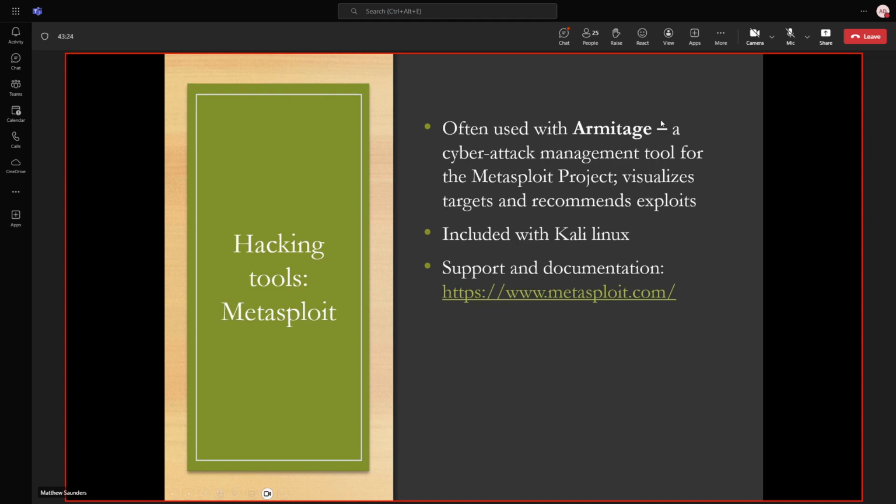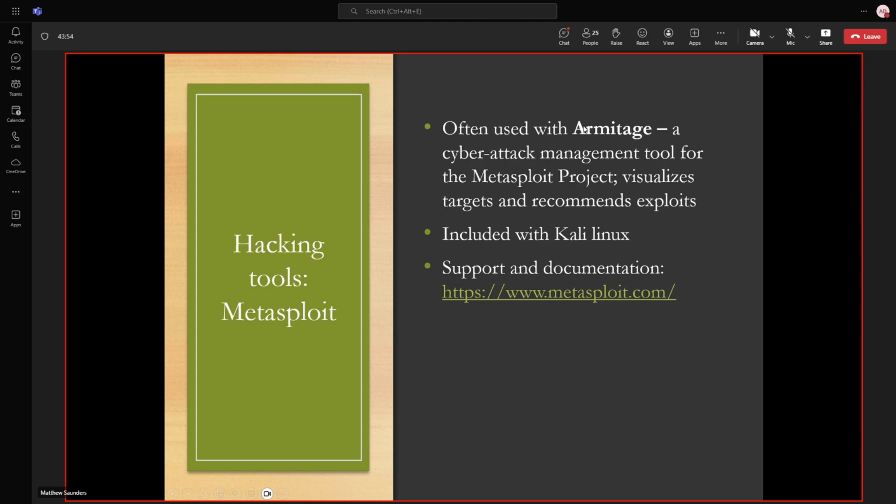So some people really like Armitage. To me, it's getting a little long in the tooth, and I actually just like the command line tools myself. We're going to start out with Armitage just for nonsense play, basically. And you may decide that you like it because everything that you can do in the command line, Armitage will let you do, sometimes through the GUI, sometimes by dropping down into a command line itself. Okay.